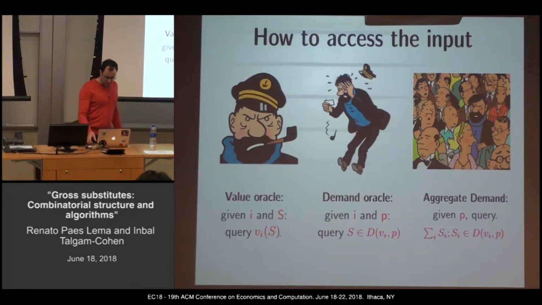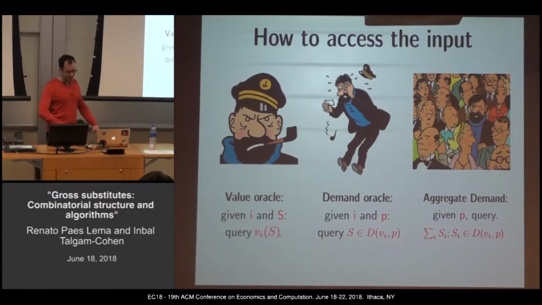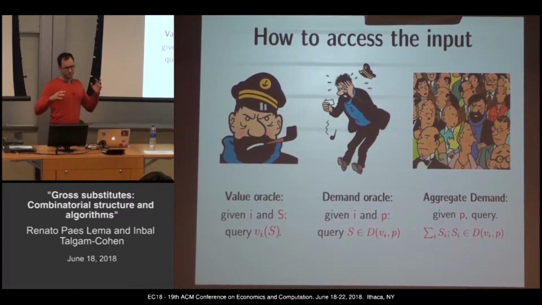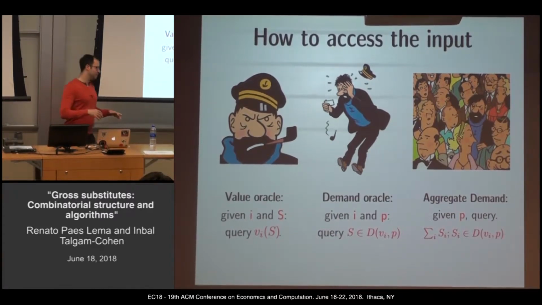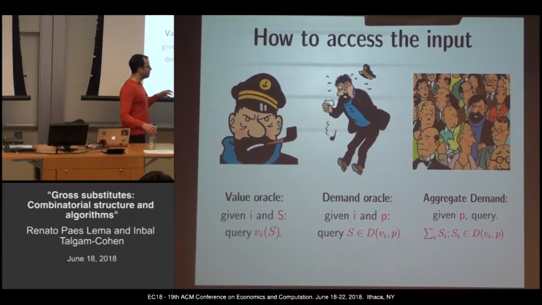And if you look at the market from very far, at the entire city of Ithaca, it's very unlikely that you can ask each person how much they value each item. But you can ask for the entire market. In your supermarket, you can set prices for some goods and figure out the entire demand over the population. So the sum of all goods demanded.